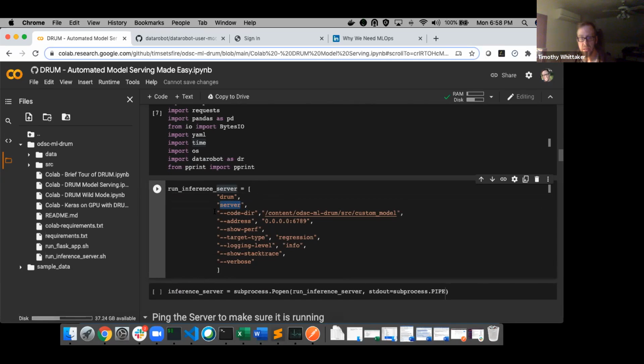And again, we have to be able to point Drum at the model artifacts. And we're also going to provide an address where Drum can spin up the process and have the server setting at. So the address is just going to be nothing more than localhost port 6789. We can certainly show some performance information. We can set the logging level. We can show the stack trace if we wanted to,